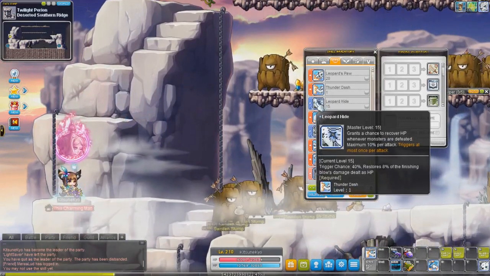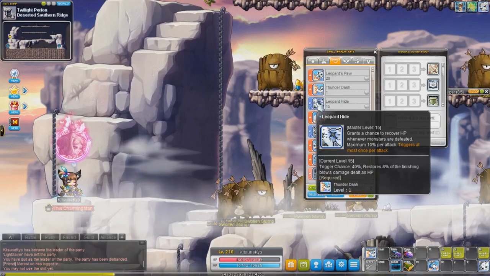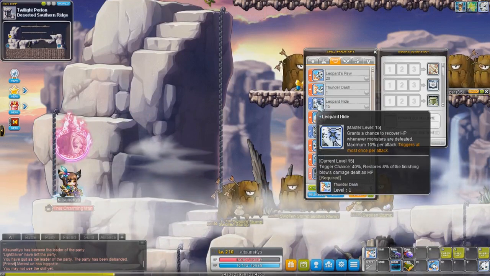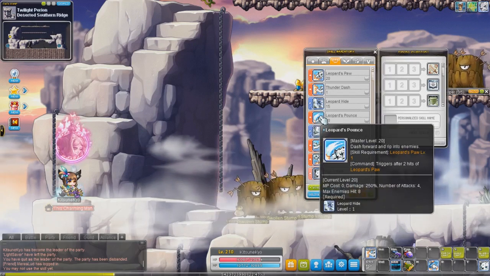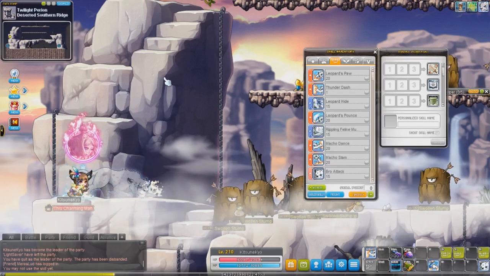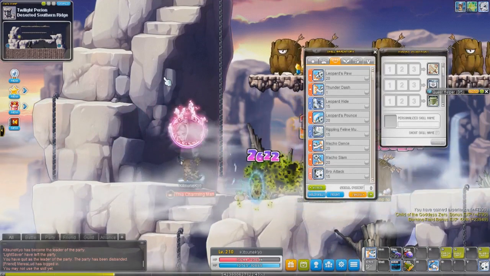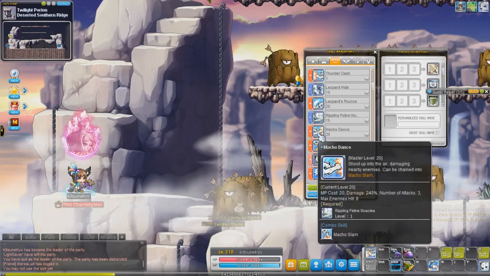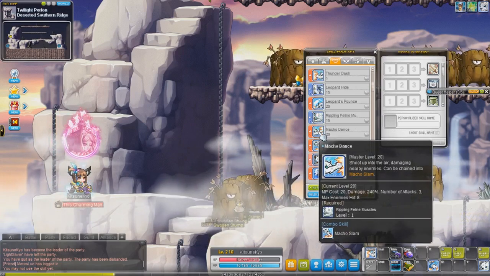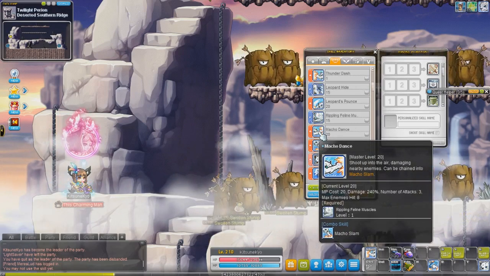Let's see. At a 40% chance, you recover 8% of the damage that you dealt back to your HP. Leopard Pounce. Oh, that's just the final hit of that attack. That's just the third hit. Another passive. I don't even know what this is. Oh, this is the one where...